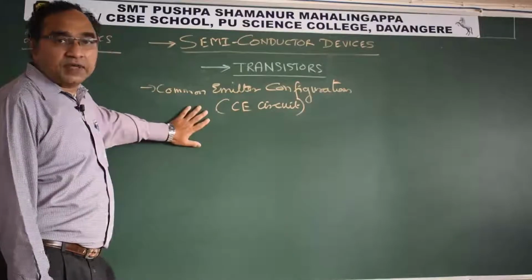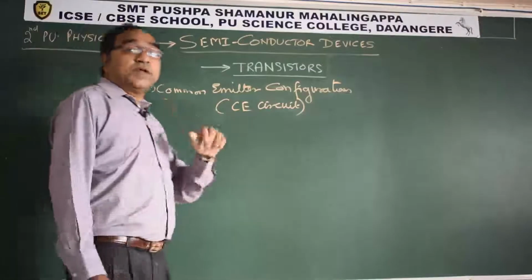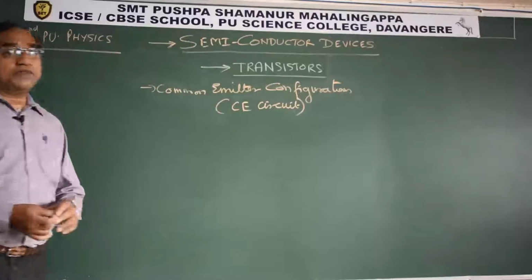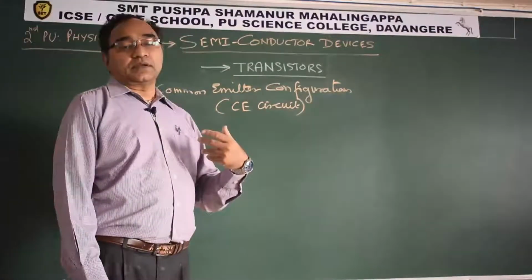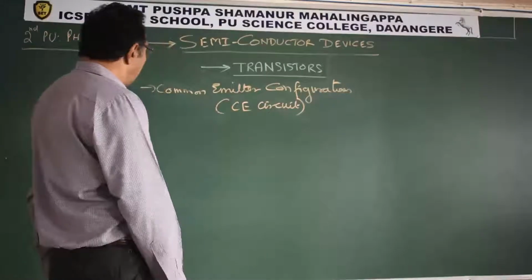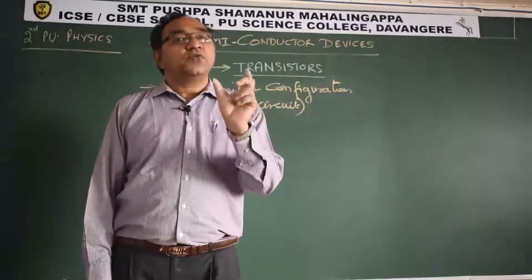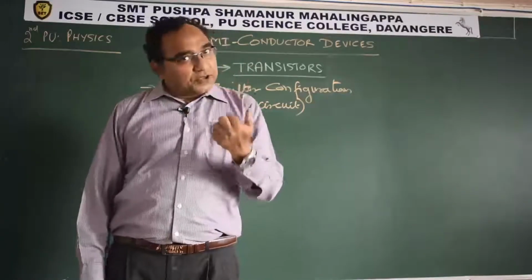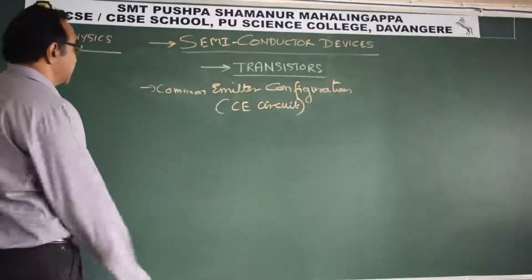So now extending our discussion on that, I am taking the next configuration, that is common emitter. In the previous class we saw how the base terminal can be made common, right? Now what we are doing is we are making the emitter terminal common. How to make emitter common? In the previous discussion we took an NPN transistor in the form of a rectangular piece. So this discussion I will do with the symbols. I'll use a symbol for that particular transistor.